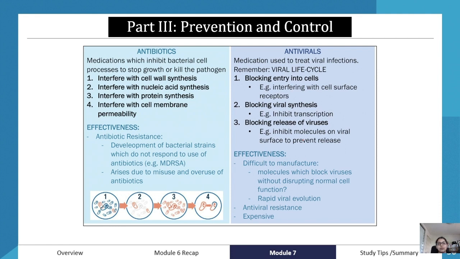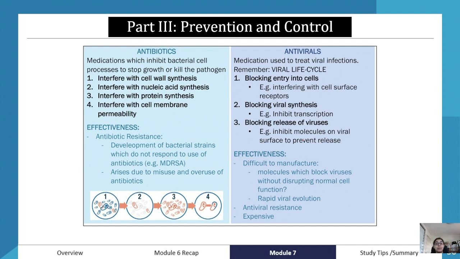Okay, now let's have a look at prevention and control, and now focusing on antibiotics and antivirals. So antibiotics are medications which inhibit bacterial cell processes to stop the growth of the bacteria or kill the pathogen. What they do is they interfere with cell wall synthesis, nucleic acid synthesis, protein synthesis, and cell membrane permeability. And their effectiveness depends obviously on the antibiotic and also the disease,